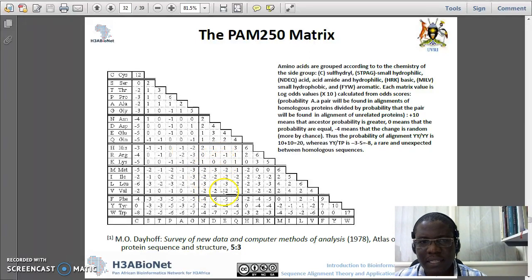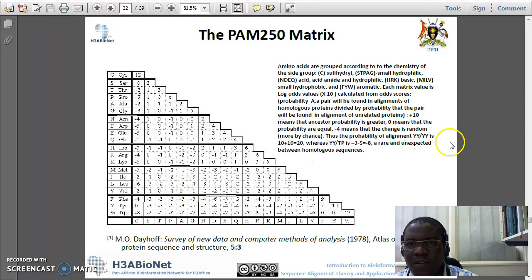PAM1 matrix. And like you can see, the amino acids are grouped according to the chemistry of their side groups, and also the scores that you have here in the columns themselves are log odds scores. In the example, I'd say they were first got from the odds scores, which are then converted into logs to enable the manipulations to be much easier. So here in these boxes of the PAM250 matrix, you have the log odds scores multiplied by 10 to give these numbers that you can see here, and then those are the ones that are used to